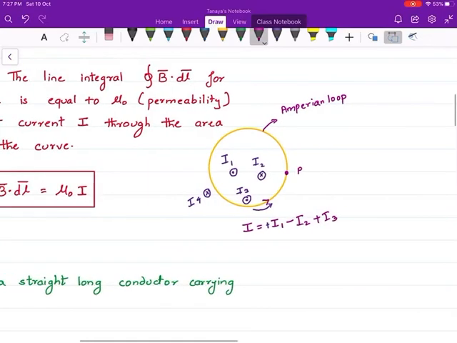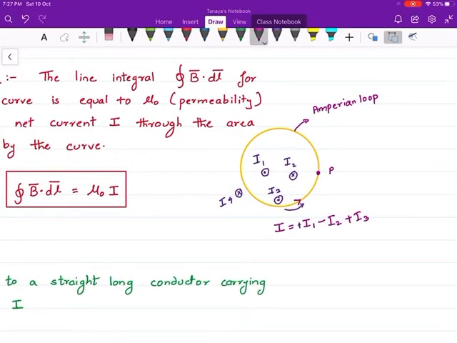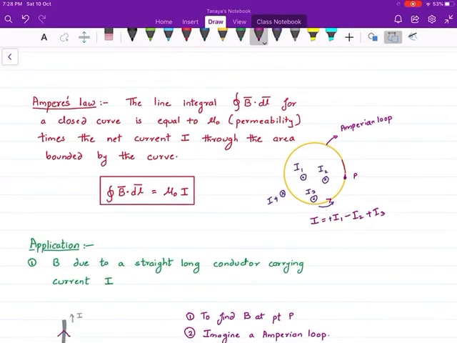This is my I. And what about this dl? How do you calculate the integral of dl? Just as what we did for Gauss' law, you have to do the same thing. We will use a small length dl over here, find the magnetic field, and then integrate over the entire loop. So such small dl's we are going to add, and that's how we will get the integral. Okay, so this is Ampere's law. You will understand it better when we study the applications of this Ampere's law.